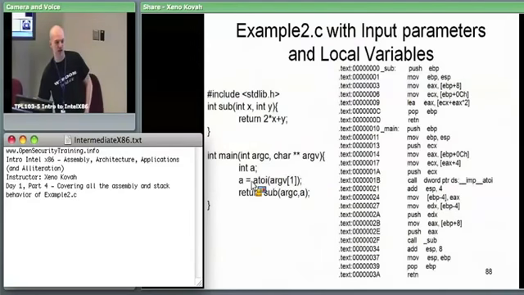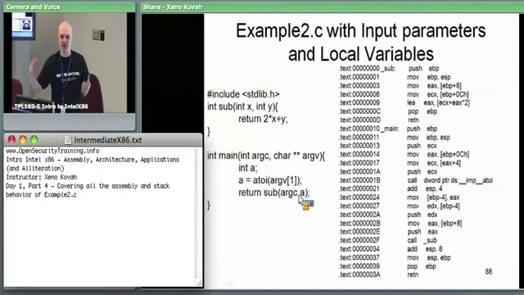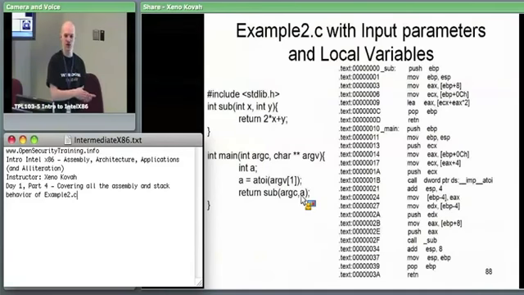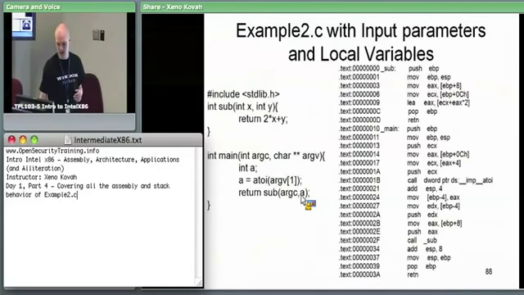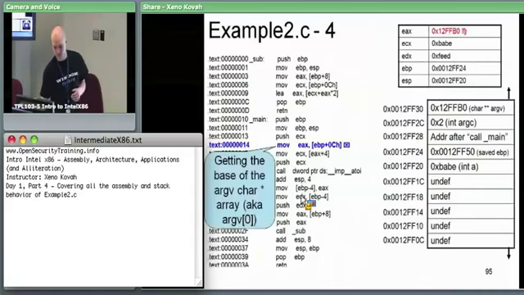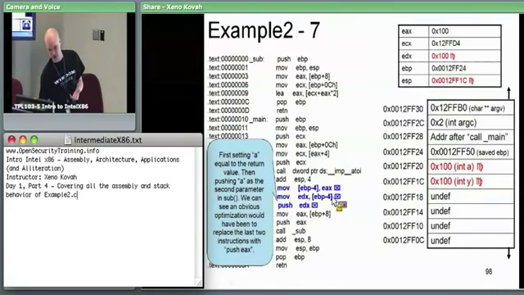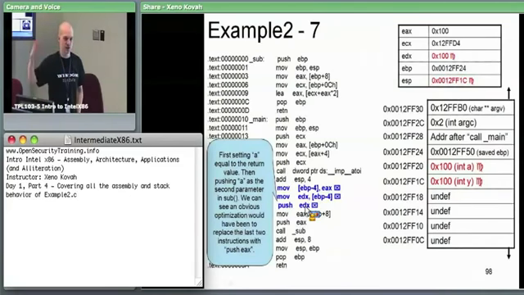And now, immediately after that, you're going to start calling sub, right? And you start by calling sub, you pass its parameters from right to left. So first I have to pass A on the stack by pushing A onto the stack. Next I have to pass argc onto the stack by pushing argc onto the stack. And finally I issue the call instruction, right? So it's push, push, call kind of thing here. And so in our sequence of instructions right here, this was the assignment of the return value to A. This was reading the A value and putting it in EDX. And then this was pushing the A value as the rightmost parameter for sub